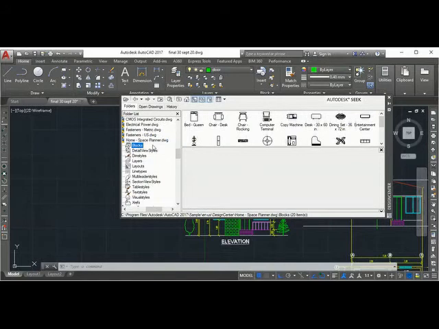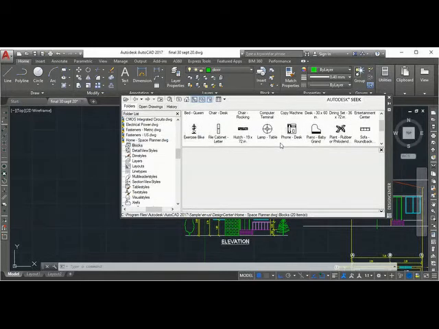Blocks. You can see some bed is there. Not that much. Okay. So I will go to another drawing.